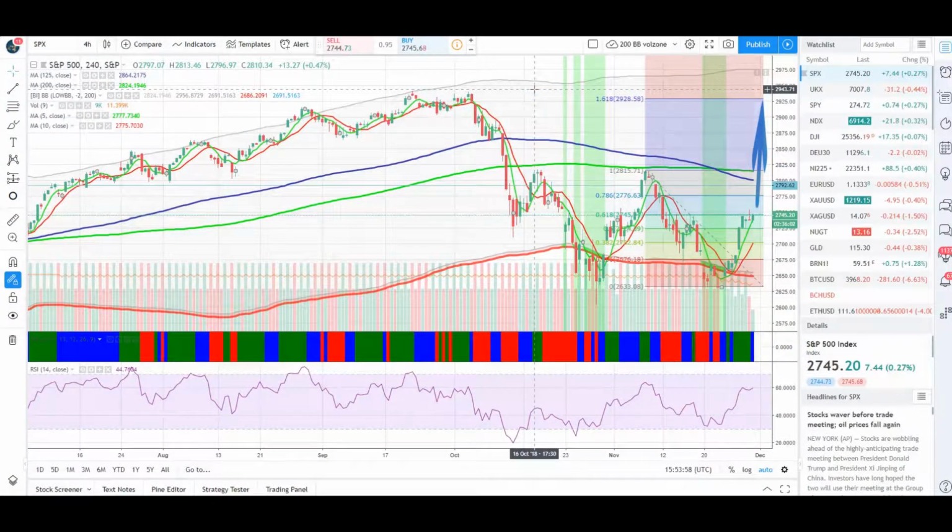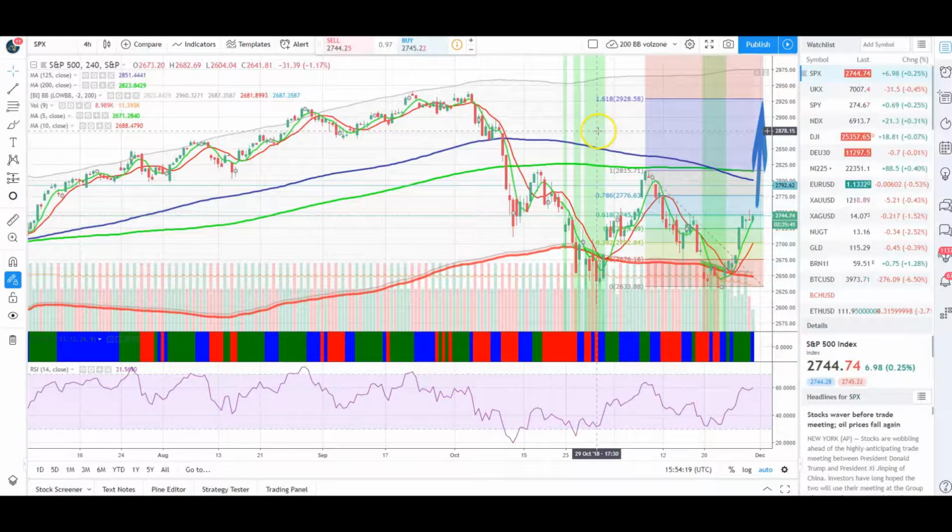We're just going to have a quick market update here on the S&P and on Bitcoin, just to see where we are after the recent movements over the last few days. And as we can see on the 4-hour chart here, this is the S&P 500. We're using a tool here to point us in the right direction in terms of risk reward. And that's this Fibonacci